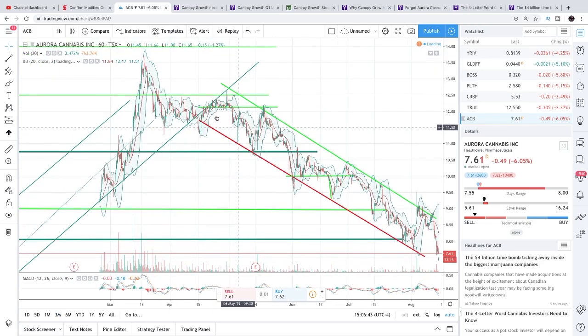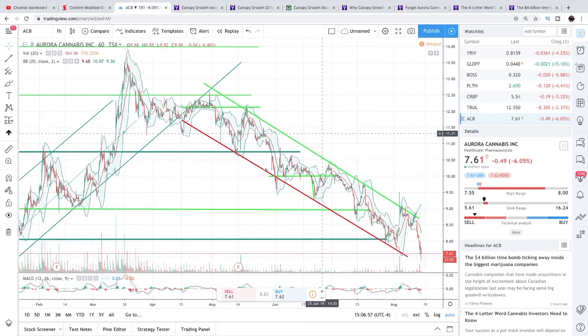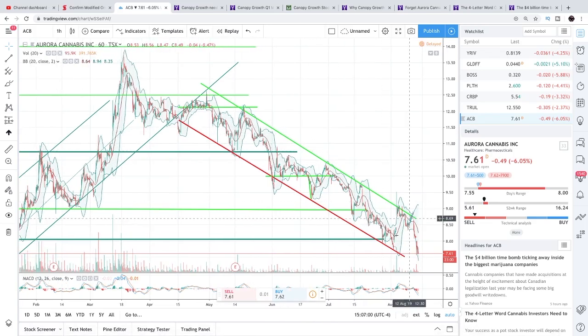And as you can see, Aurora Cannabis has been downtrending for pretty much since April, and they've been downtrending in between this red and the green line. This is support, this is resistance, and they've been consistently bouncing off this support, off this resistance. In its most recent run, we've seen Aurora go slightly above it, and I did mention this in my previous video